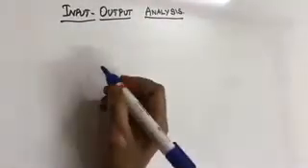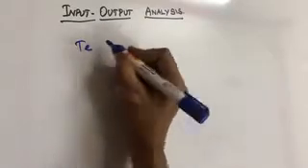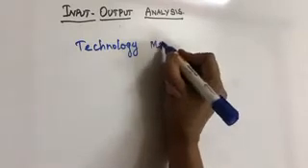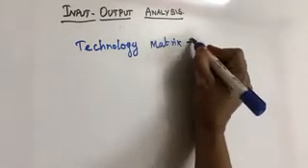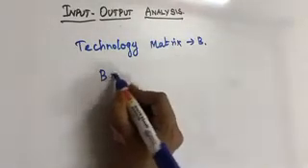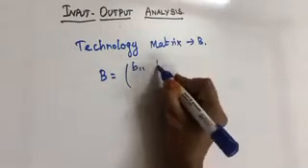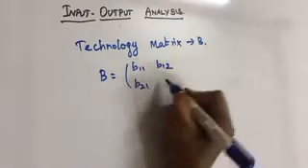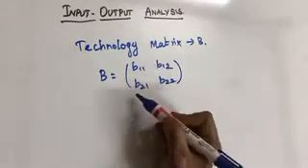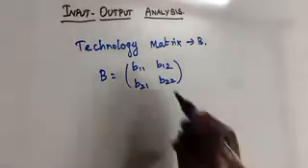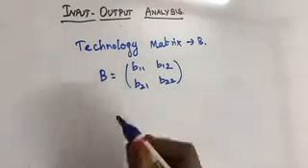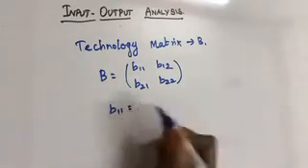To calculate this, first we have to find the technology matrix. What is this technology matrix? I denote this as B. This technology matrix B is equal to B11, B12, B21 and B22. How can we evaluate the elements of this technology matrix? Where B11 is equal to